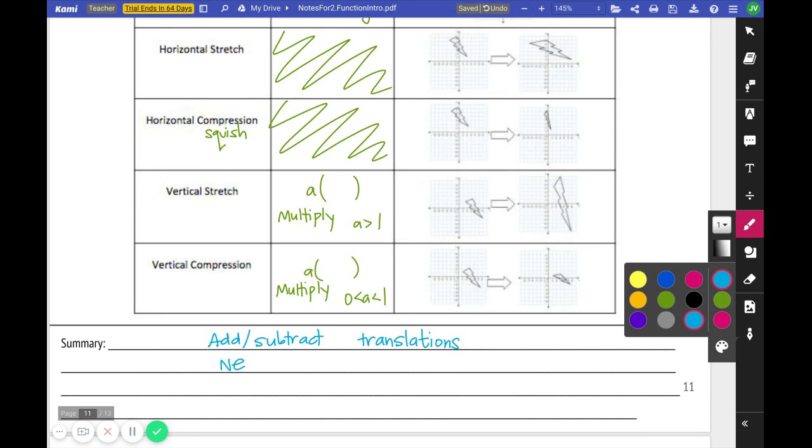Making things negative tells us we are doing a reflection. And when we multiply, that's a clue that we are stretching or squishing. Okay, so those are kind of some clues. We're just going to get familiar with the language, have the chance to practice a little bit in